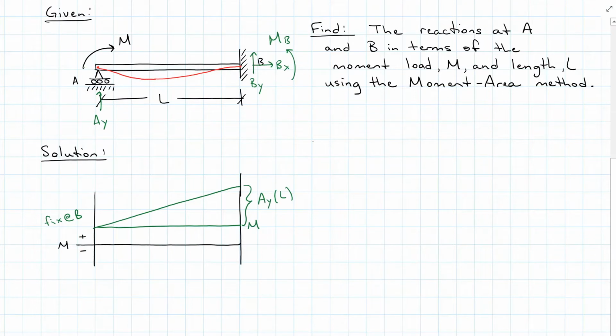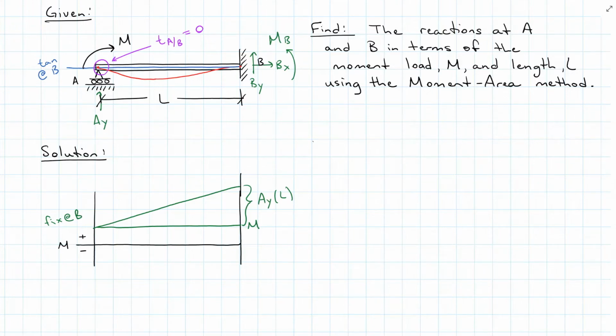With moment area method, the nice thing about the theorems is there is 0 slope at B. So if I draw a tangent line at B, then right here, the distance between my point A and a tangent line drawn at B is equal to 0. And that is the boundary condition and the second theorem of moment area method that I'm going to use to